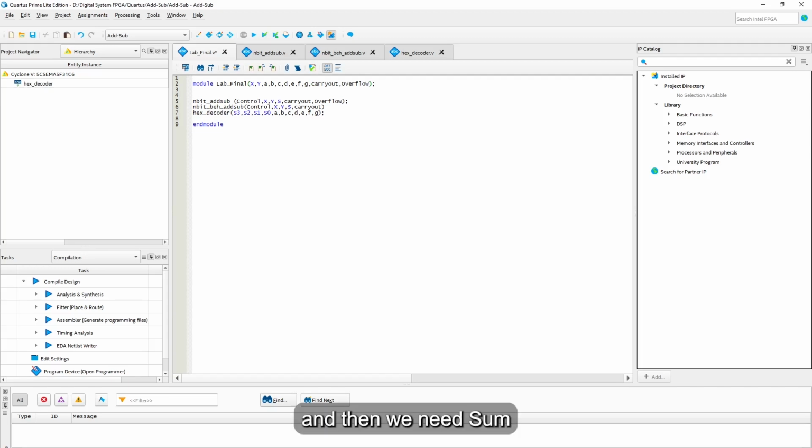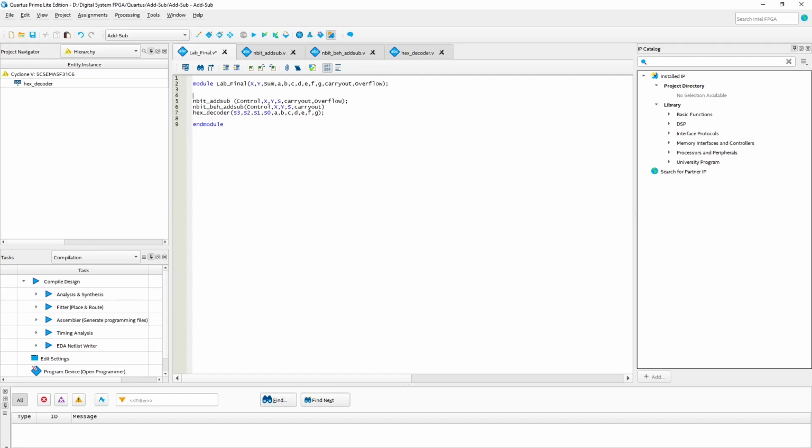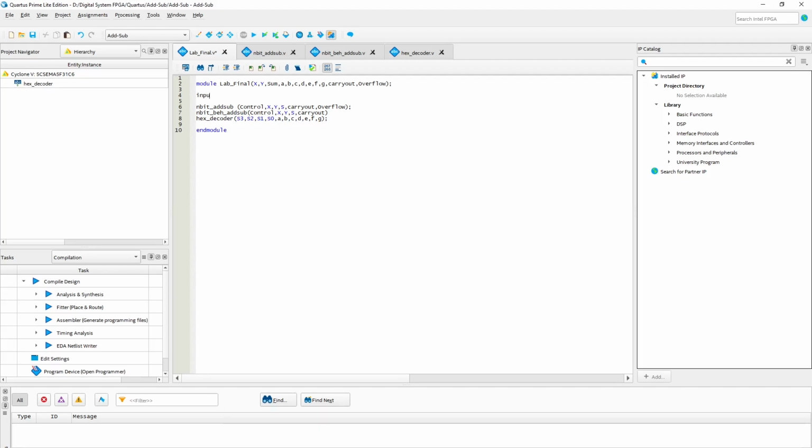And then we need sum because we must have a sum here too. For example, we have sum, but that sum is different from what is coming here, because this is sum for, we're gonna talk about it next. But the declaration of inputs, so input,